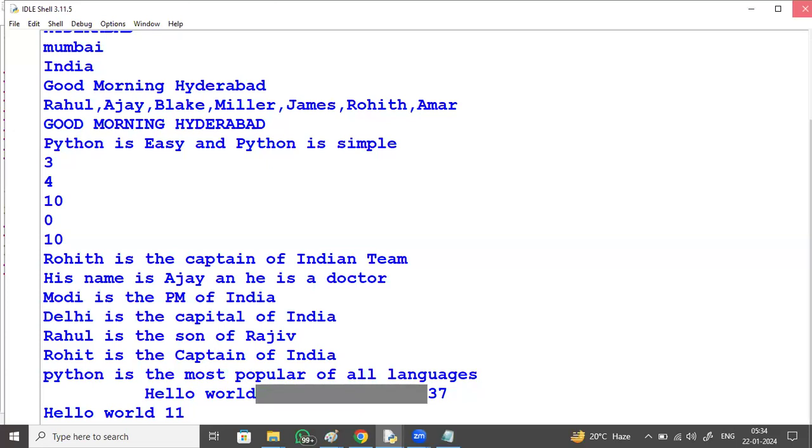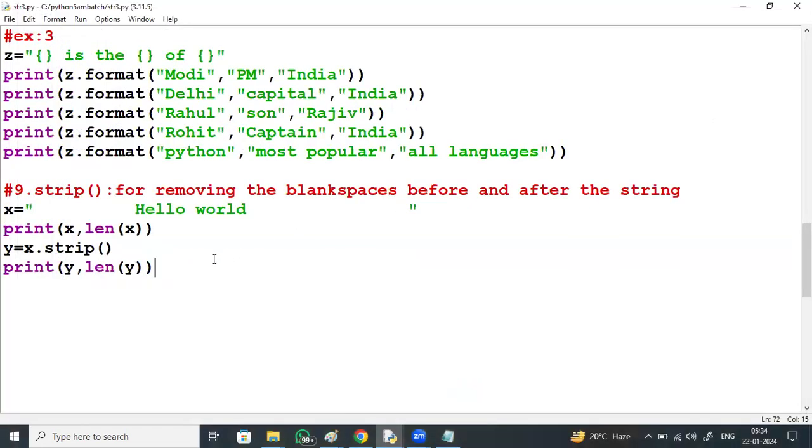Strip removes the blank spaces before and after the string. Sir, if the blank space is only on one side, left or right, which function do we have to use?